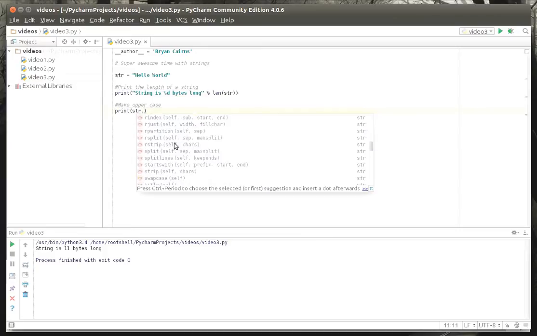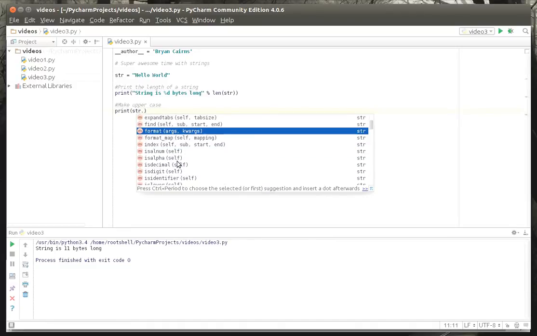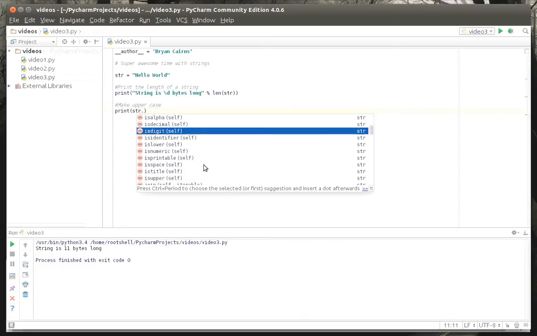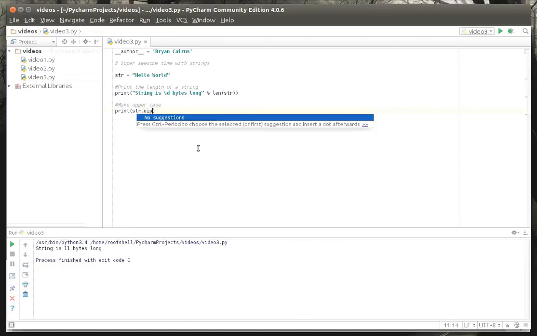This is why an IDE is super helpful, especially when you're learning, because you don't know all these things and you don't want to spend hours memorizing the help document and stuff. You can just hit the period and it says, oh, these are all the things you can do. Capitalize, count, and code ends with. And a lot of times it'll have a kind of descriptive identifier next to it. So in this case, we're just going to say upper,